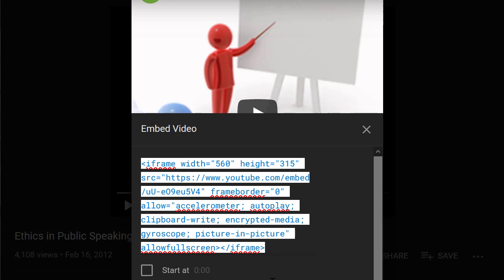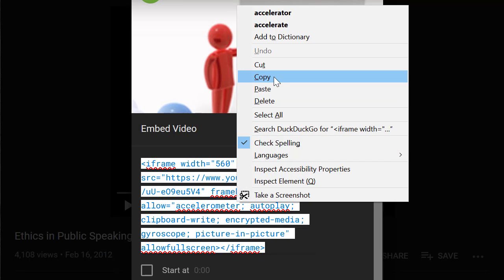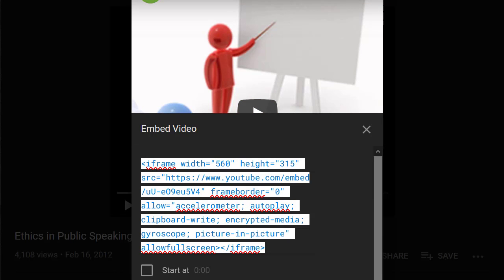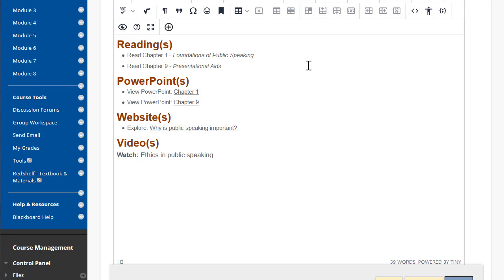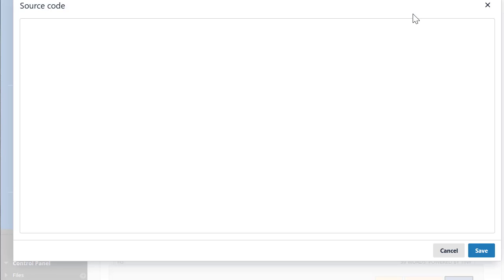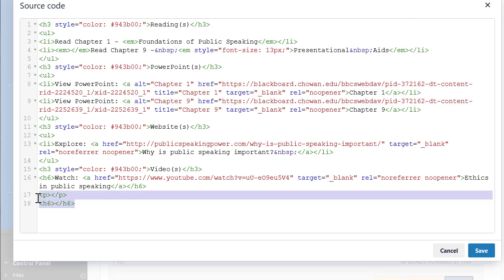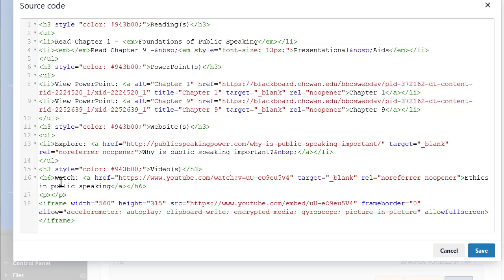So let's go ahead and highlight this. Right click, do a copy, go back to our page, and we want to click on the source code. Click that, and then let's place that embed code over here. I'll do a paste, and then I'll hit save,